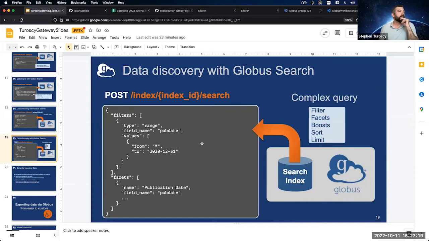This is a little more complicated type of search. This is that POST request that I was talking about. Whoops, keep going past. In this complex query, you can do filters, facets, boosts, sorts, and limits. Just a basic POST search here. So